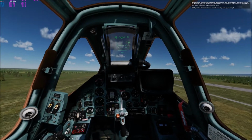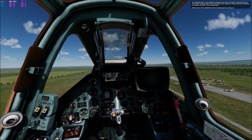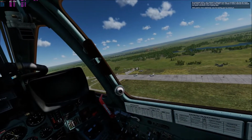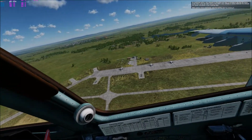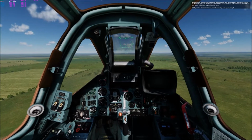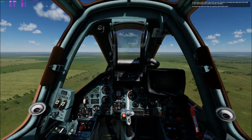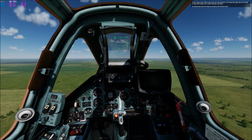As mentioned before, your airspeed in kilometers per hour is indicated in the top left corner of the HUD. In the top right-hand corner of the HUD is your altitude in meters. Between the altitude and speed indications is your heading tape. With positive climb established, raise the landing gear by pressing G. In the center of the HUD is the pitch and roll indication, and along the right side of the HUD is your pitch ladder and vertical